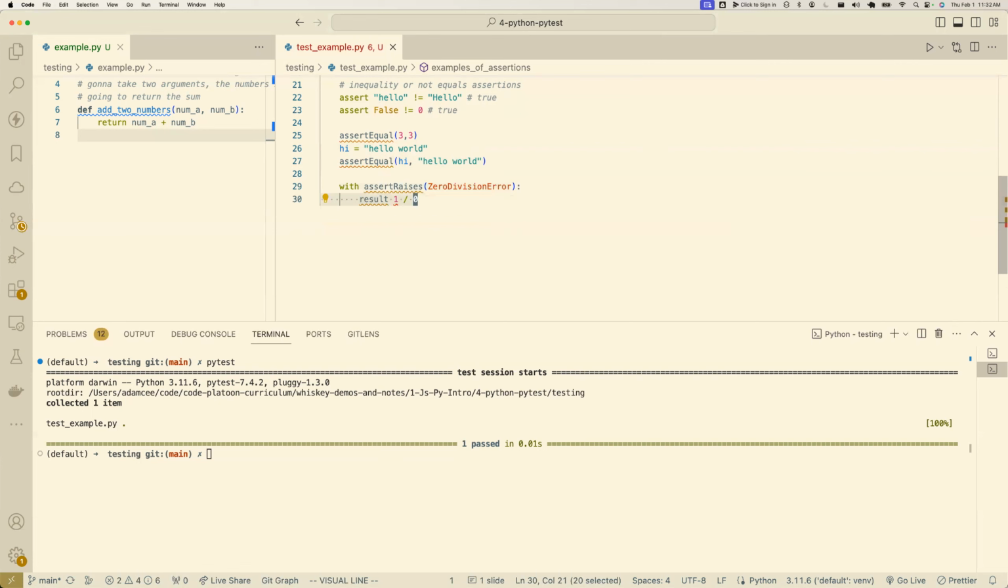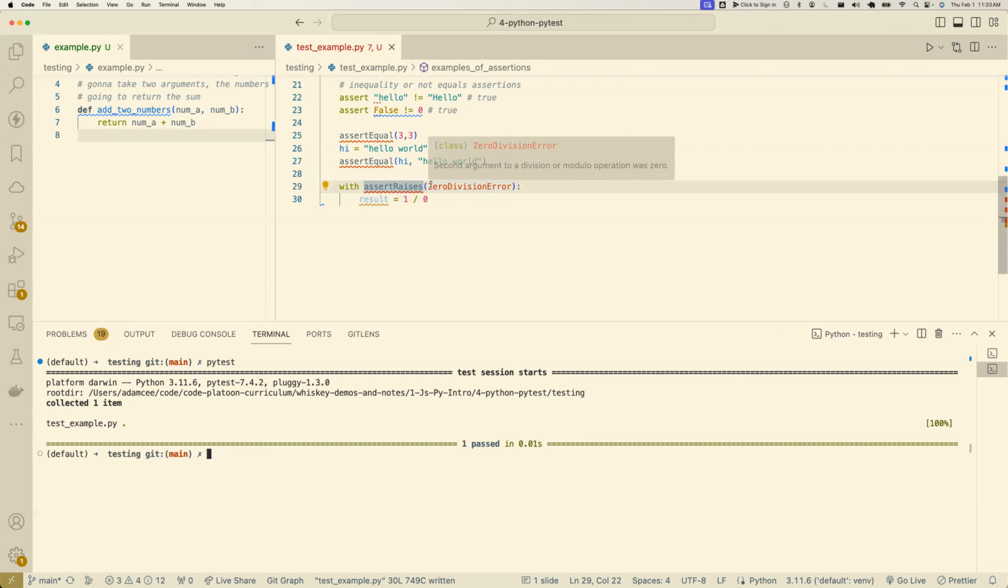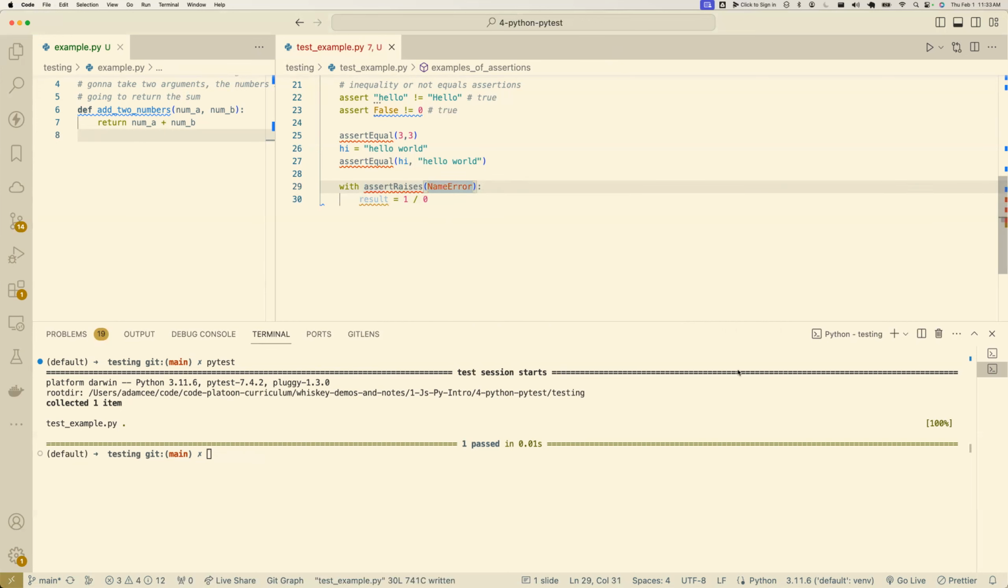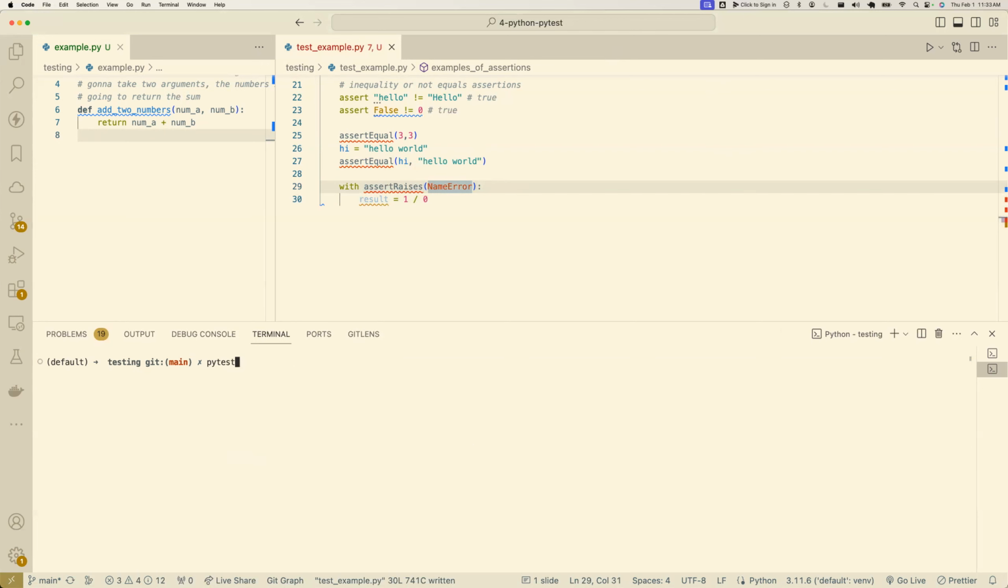So this is going to cause a problem. Just 1 divided by 0 would throw an error in Python code. And this with wraps and captures that error and asserts that, hey, the error is ZeroDivisionError. And that can be great because there are lots of different kinds of errors in Python. And if it's not the right kind of error,